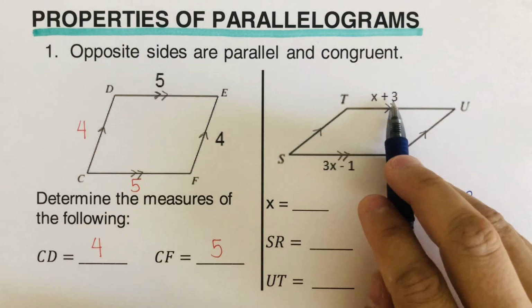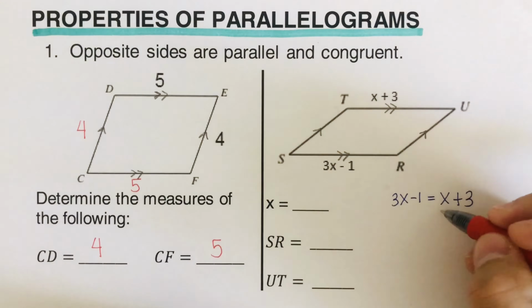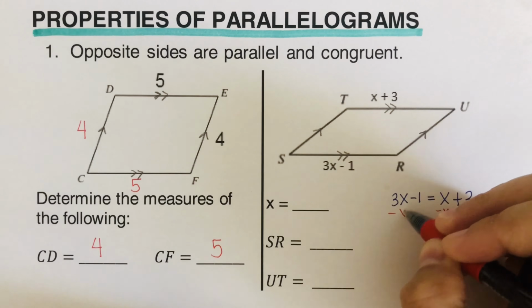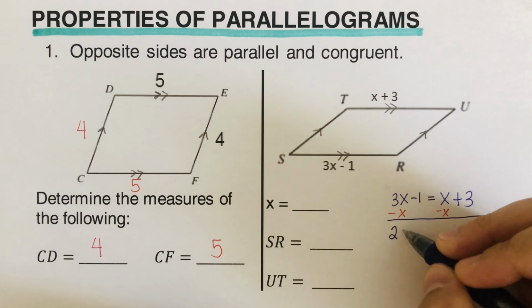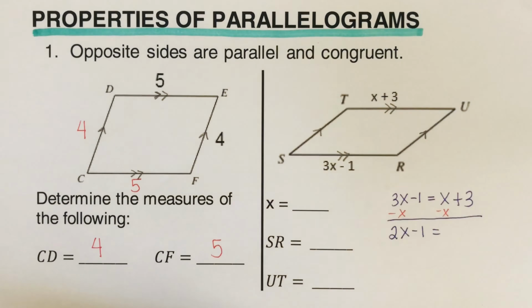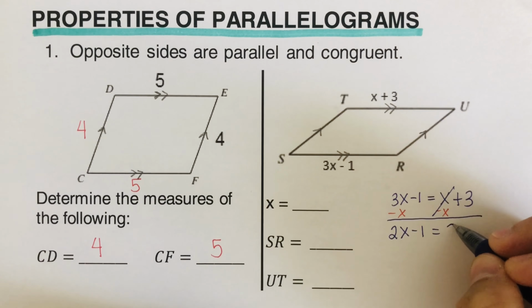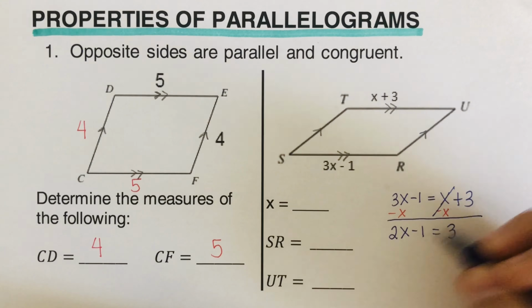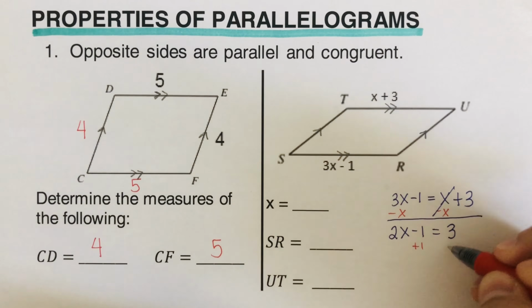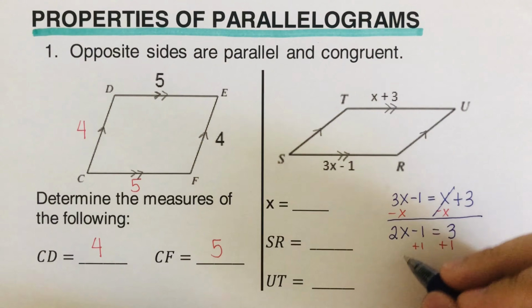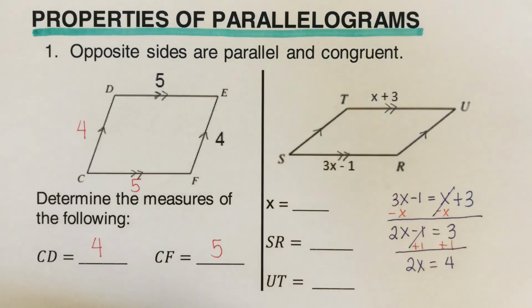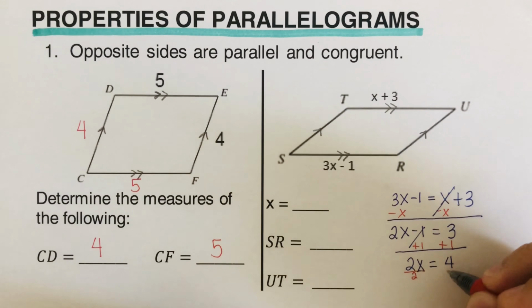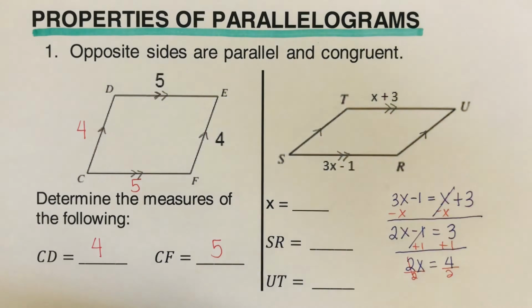I subtract X from both sides, minus X and minus X. Then we get 2X minus 1 equals 3. Then I add 1 to both sides, plus 1 and plus 1. So I'm left with 2X equals 4. Then I divide both sides by 2, so